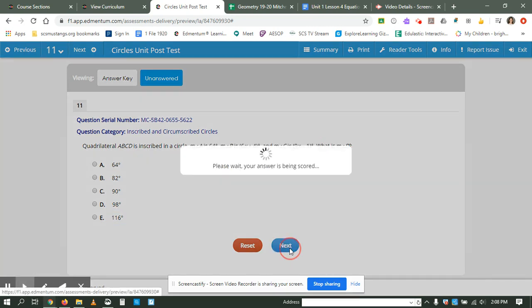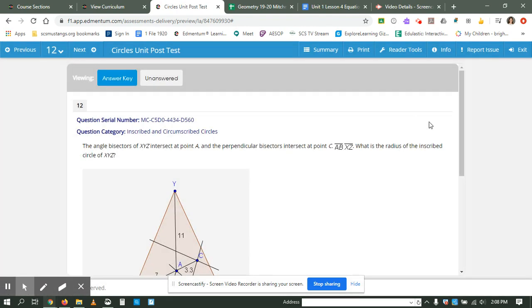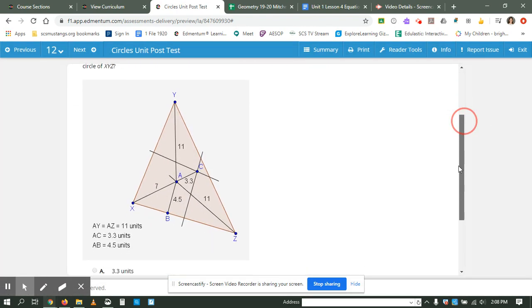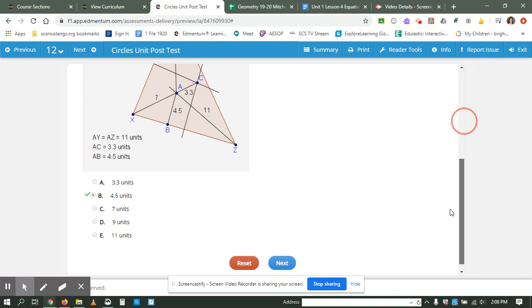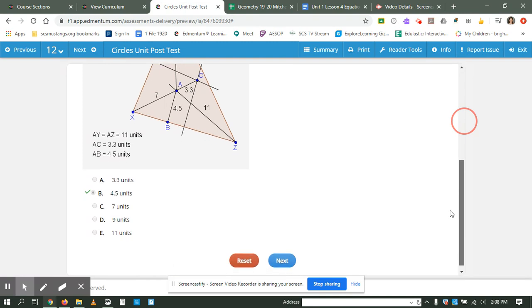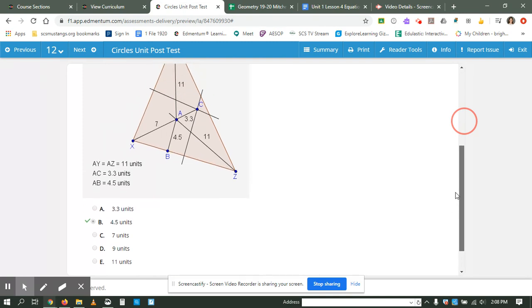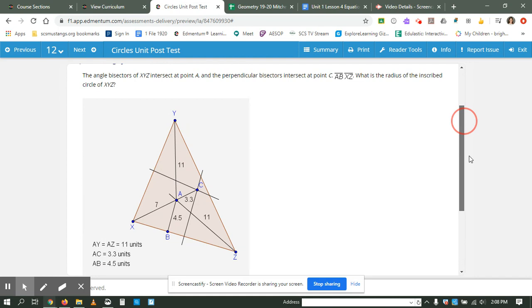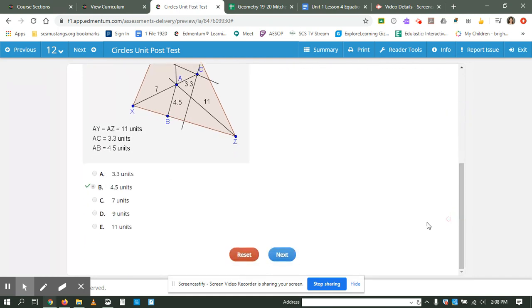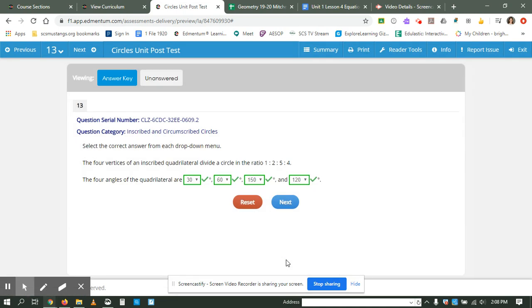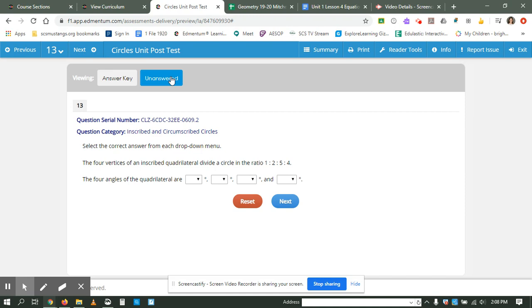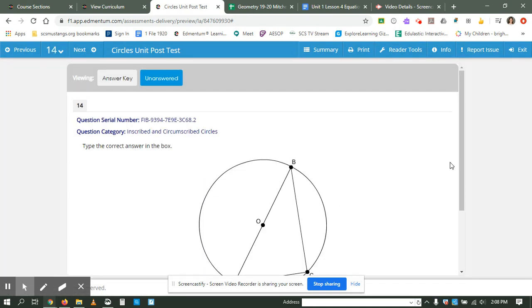Taking a look at 12, again, this just takes it far more than I'm wanting you guys to work right now. So that one is going to be 4.5. Looking at the next one, 13. And then taking a look at the next one,